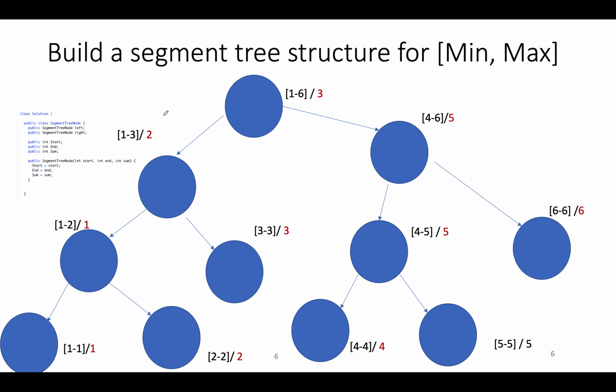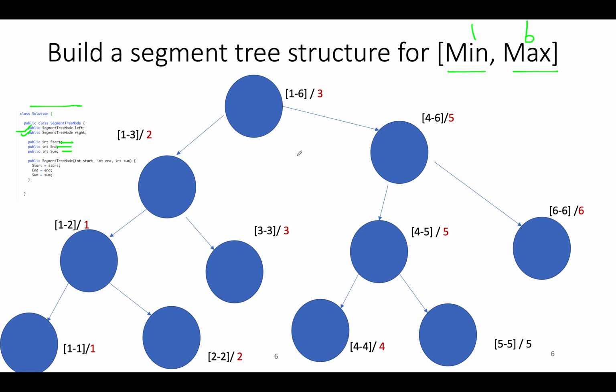Step 2. What we are going to do? We'll build the segment tree for the given range, starting from the minimum going up till the maximum. The minimum being 1, the maximum being 6. So these are the nodes that will be there in my segment tree, and each node will have a few properties associated with it. The first one being the right child, the second one being the left child, the start index, the end index, and the sum value. I hope you would have understood this logic from the previous video. I have just copy pasted the same node over here.